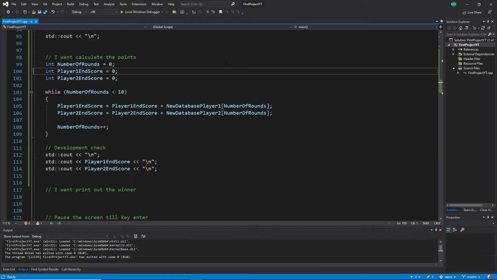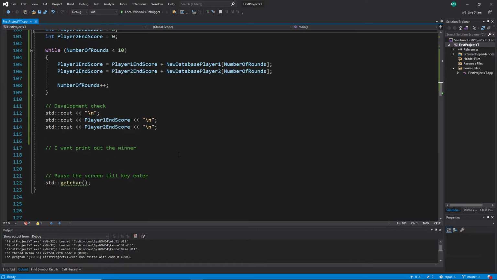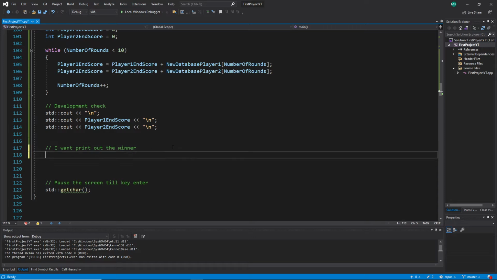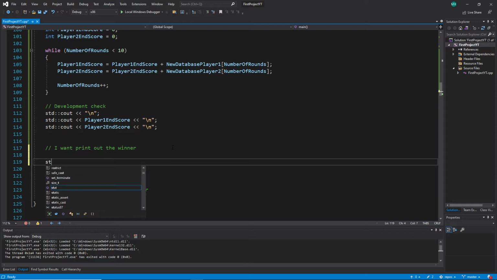After this one, you see we created now this. It's very visual, and we continue now with this one, and we have just to print out the winner. I have already printed out a calculation, but not in a very user-friendly form, and that we are going to do. It's very easy. What we are going to do is just std again cout. We're printing something out, and we write